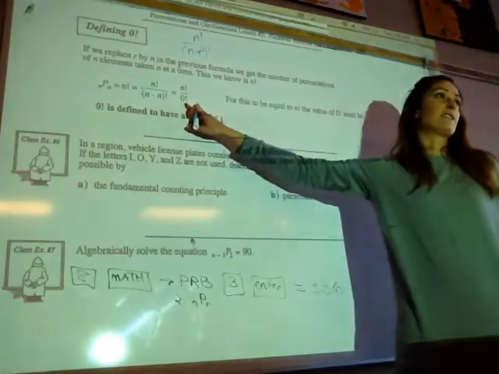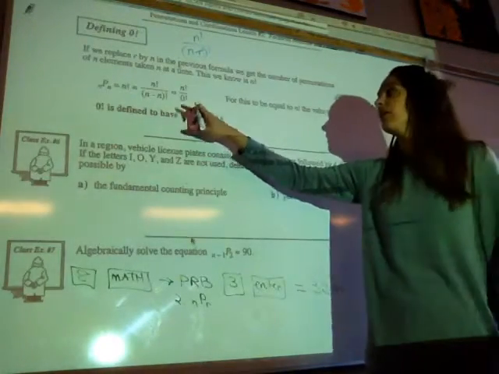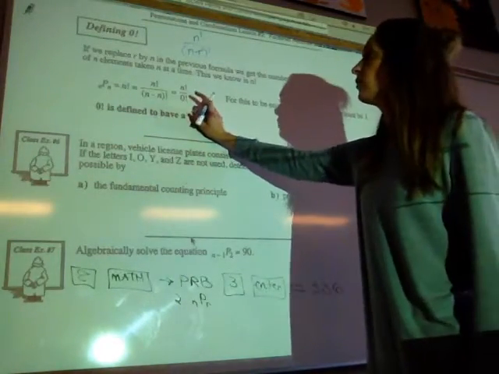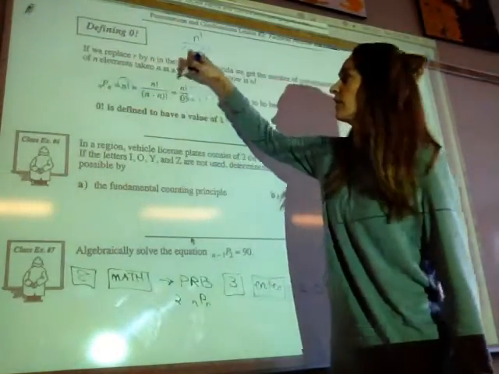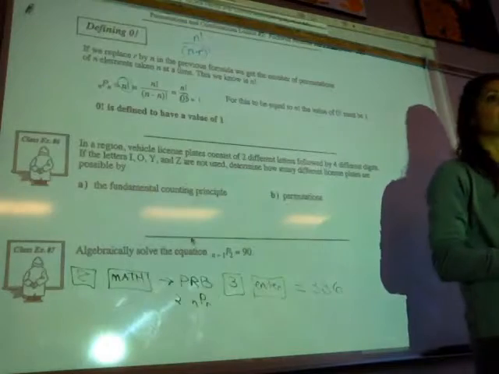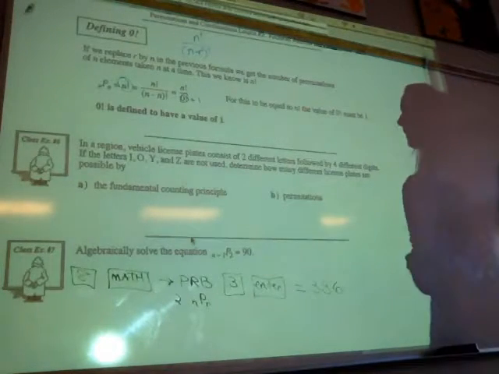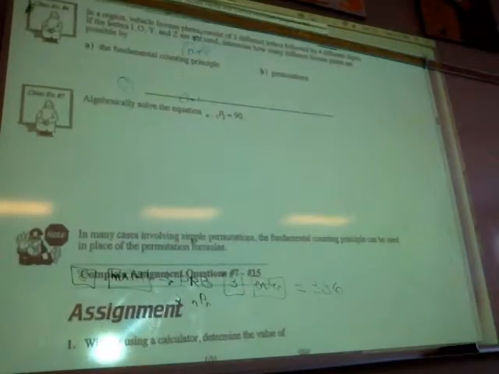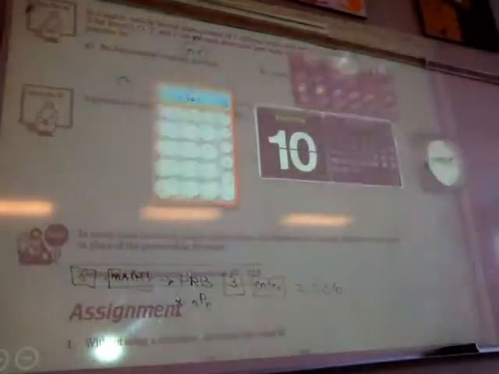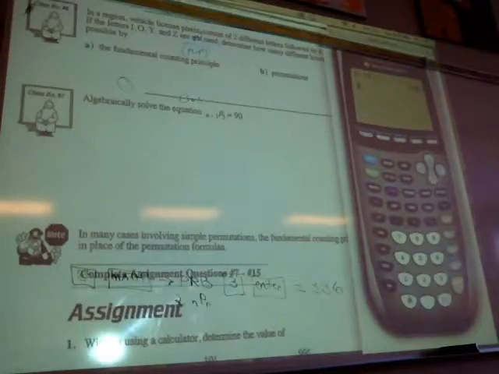Are we allowed to divide by 0? No. 0 factorial will have to equal 1 if we started with n factorial, this has to equal n factorial. So 0 factorial just equals 1. Okay, so that was just a little proof. I'm pretty sure you can calculate that though. So if we go 0 factorial, it should work and show you 1. So if you forget, you can always just use your